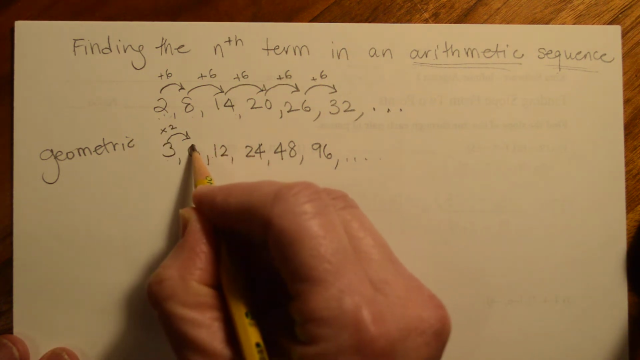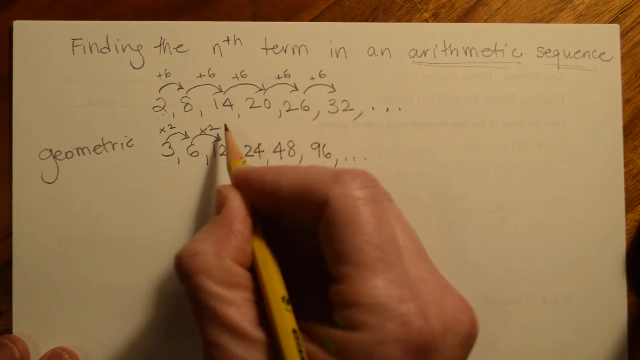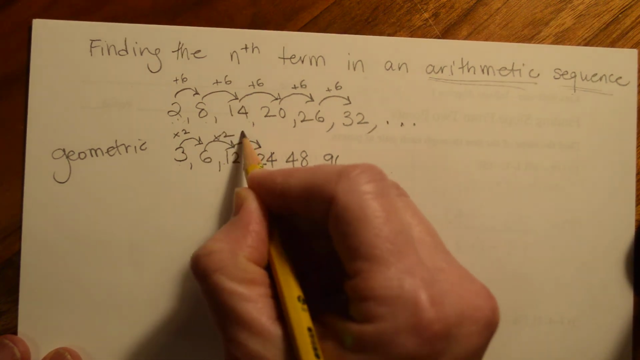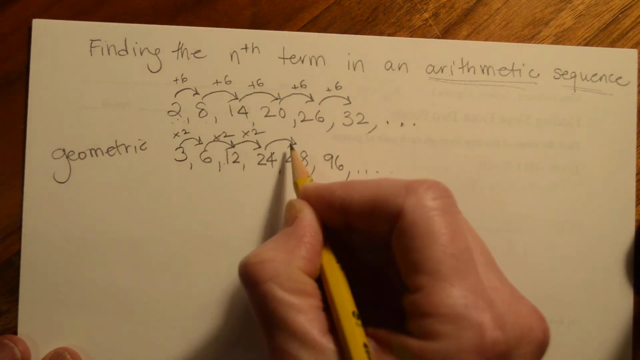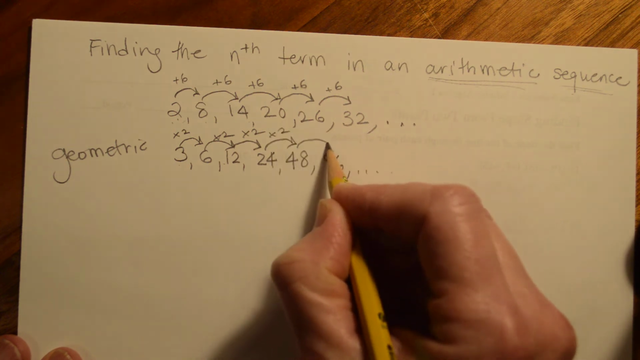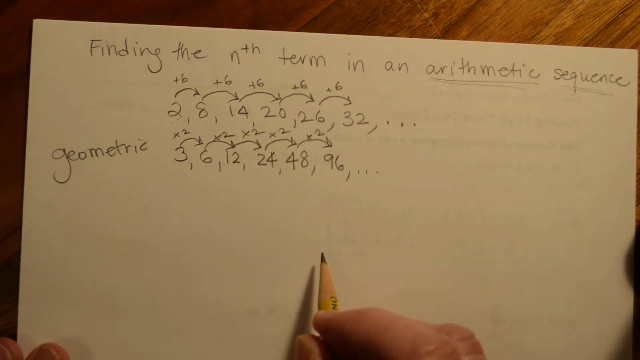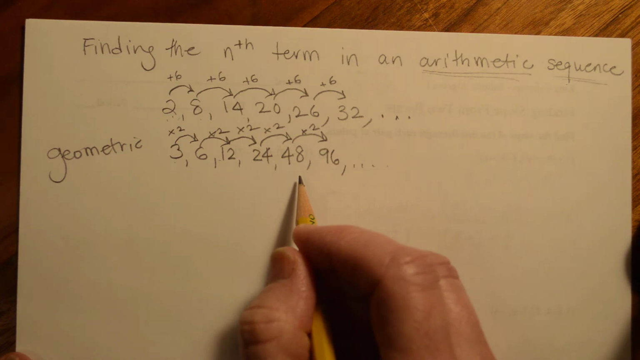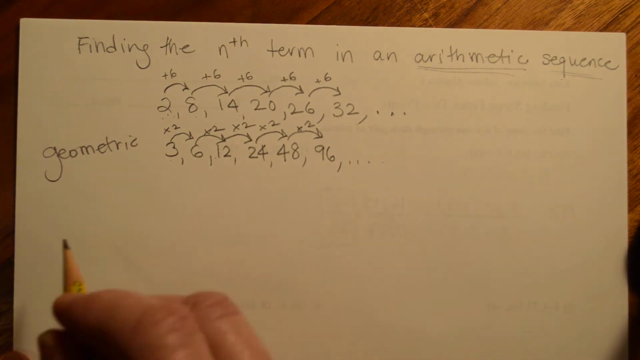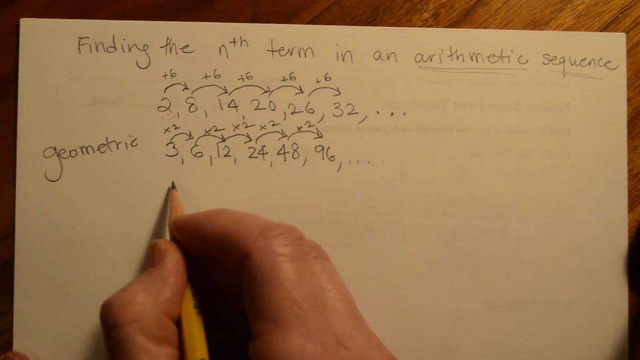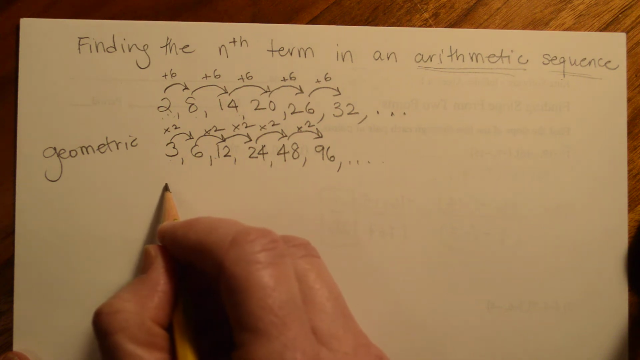3 times 2 is 6. 6 times 2 is 12. 12 times 2 is 24. 24 times 2 is 48. 48 times 2 is 96. Right? So that is a type called geometric. There are other sequences that are not either arithmetic or geometric. Take, for example, if you did